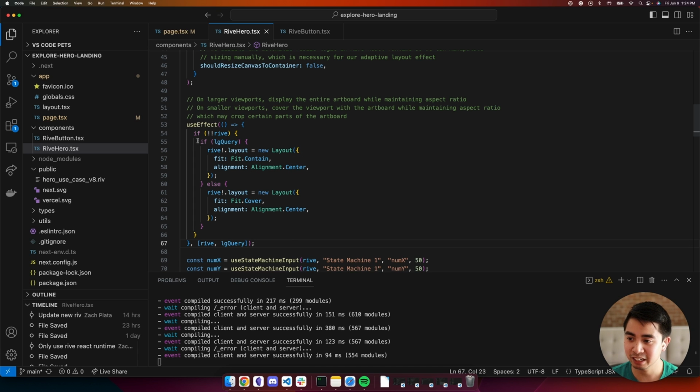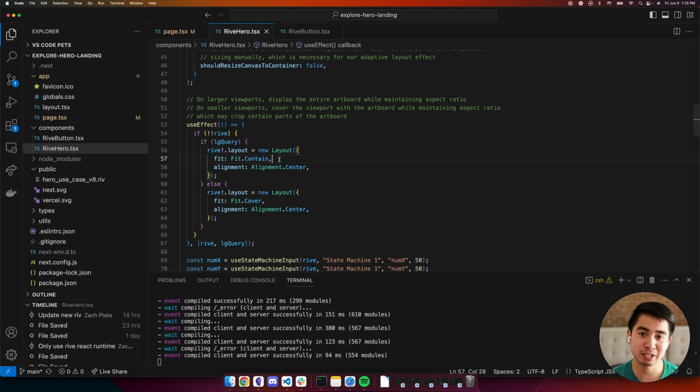For example, here we're checking if it matches that large CSS query, basically if we're on a large device, we want to set the layout to fit contain and center. Now, this is a little different than what we've instantiated. With fit contain, it's not going to try to take up the entire height and width of the canvas itself.